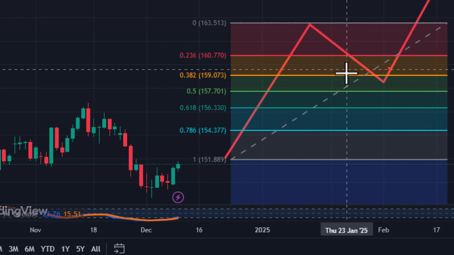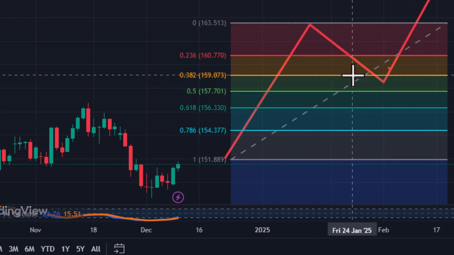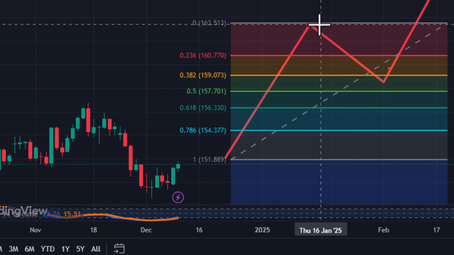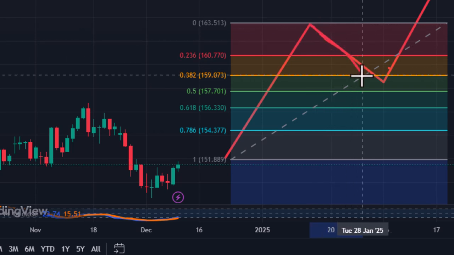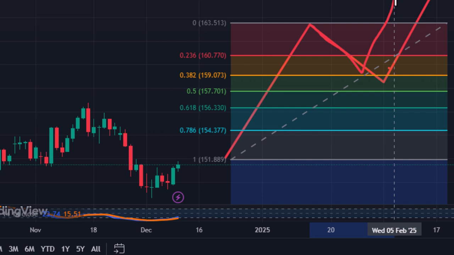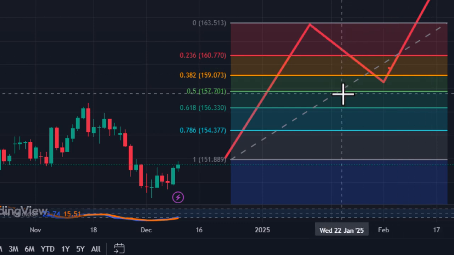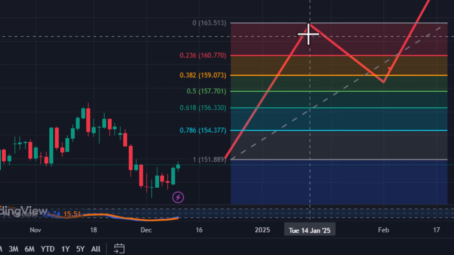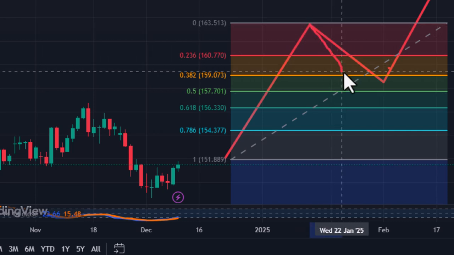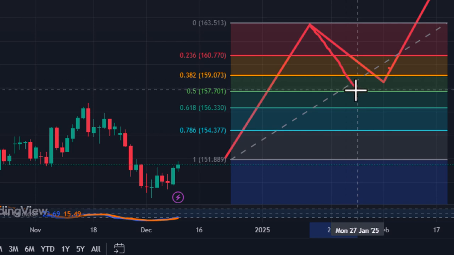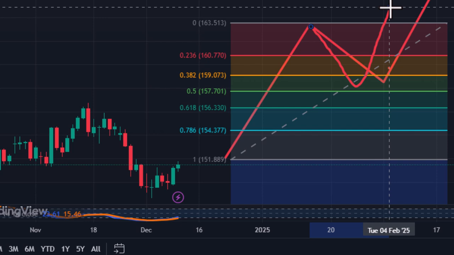And the next level is the 0.382, which is this point, which also means the market has the capacity of dropping to this area before it will begin to move upward. Now, these are not guarantees, okay? And the next level is the 50%, that is the 0.5. The market has the capacity of retracing all the way to this point, and then drop to this point and then move upward. This is the 0.50